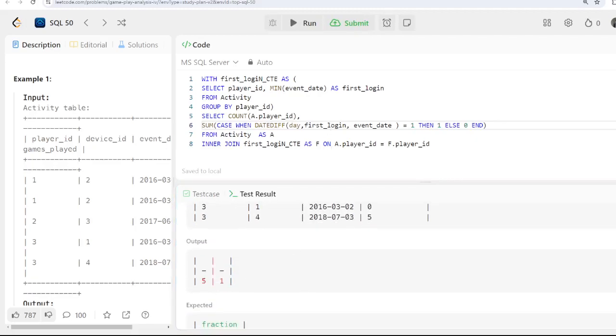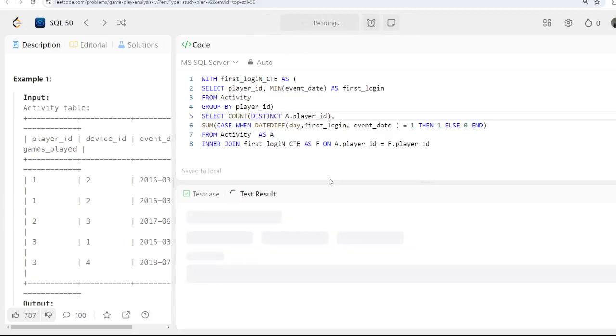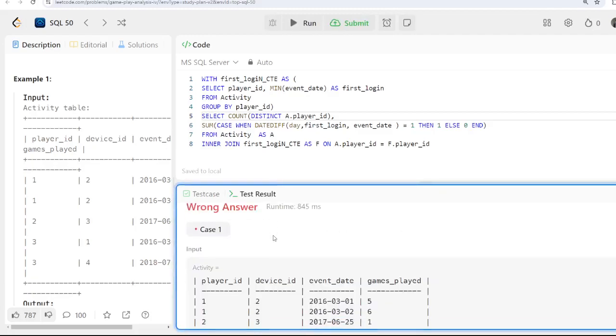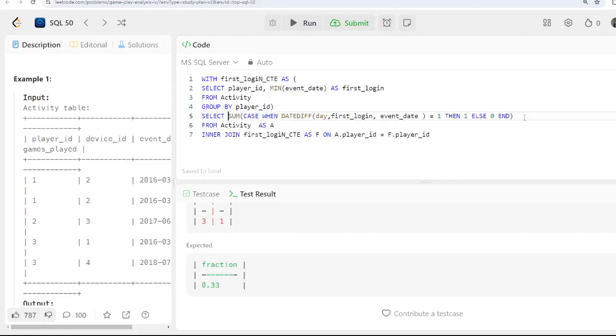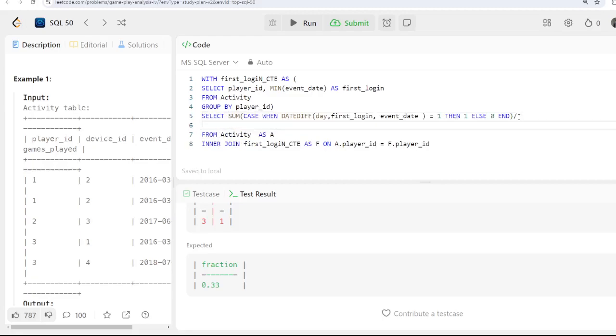Okay, so now you can see that it is 5 and 1. Here I want 3, basically the unique. So what I can say is, use distinct here, and now it will give you 3. Okay, now it is giving you 3 and 1. Now I have to divide 1 by 3. So let's remove this one for now, and let's say I want to divide this by this, and I also want to give the alias fraction,